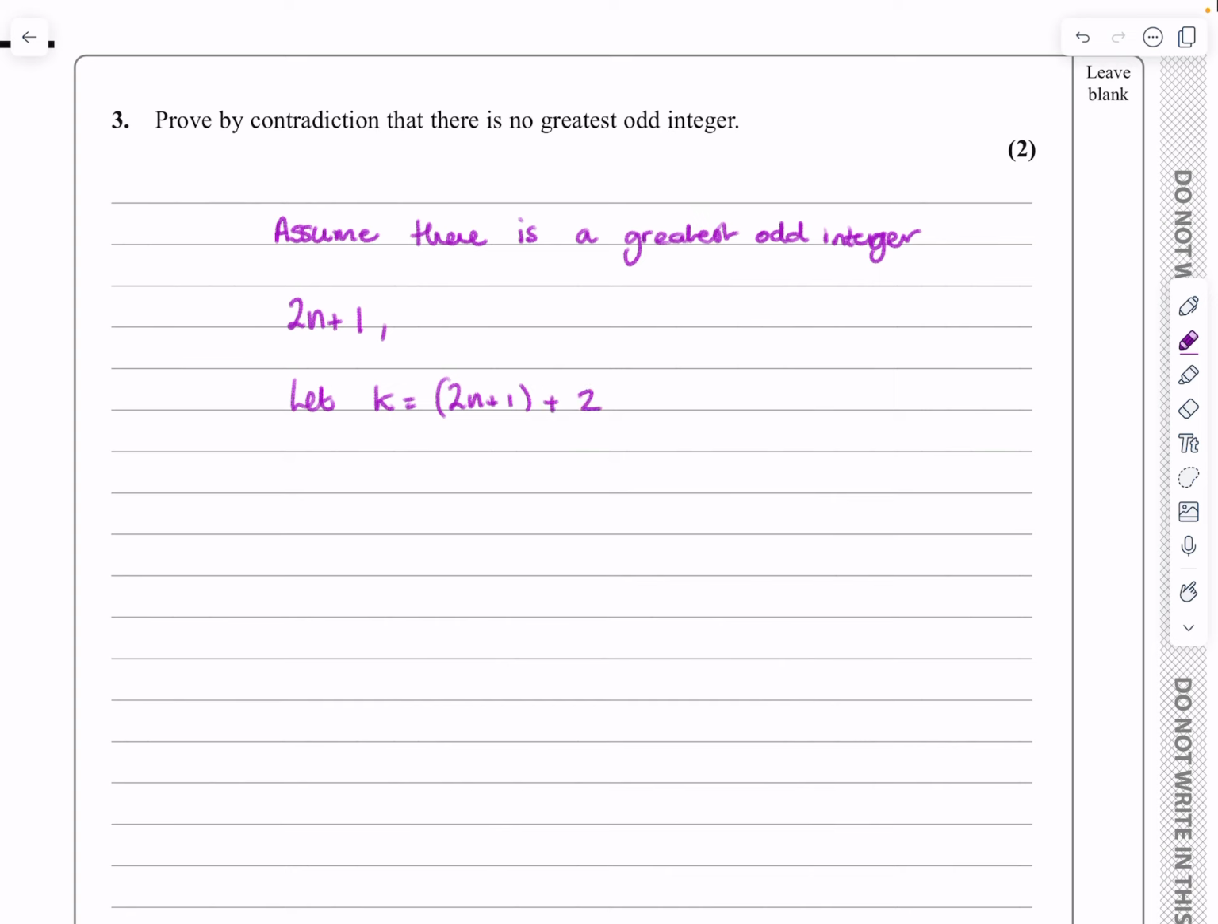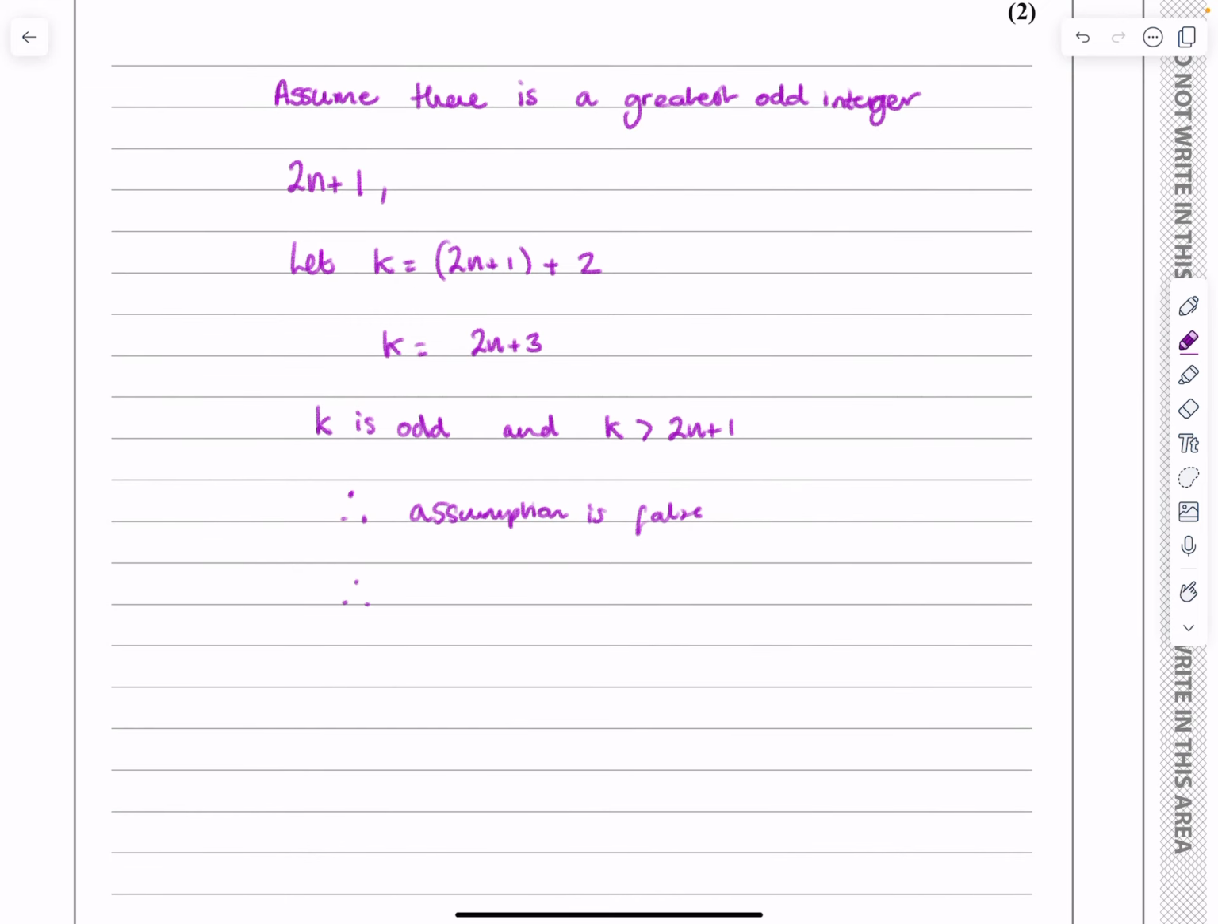plus 2. k now becomes 2n plus 3, and the two things we know about k is odd and k is greater than 2n plus 1. So my assumption has failed. Therefore, the assumption is false, and so the original thing I was trying to show,